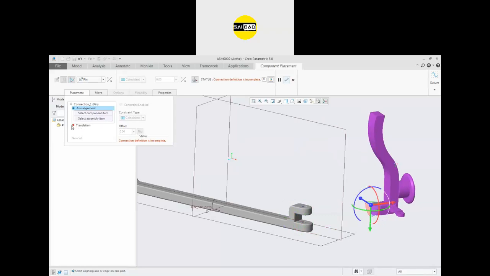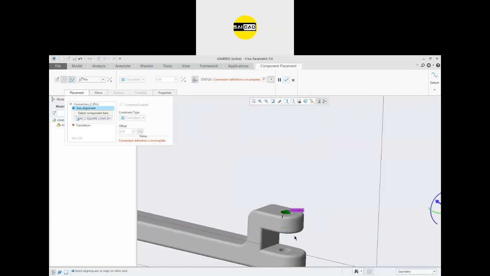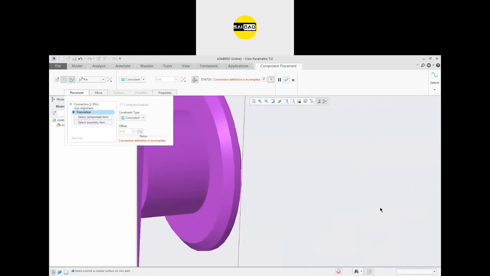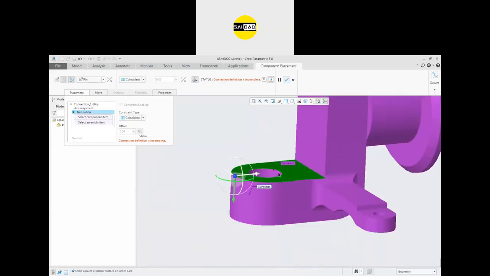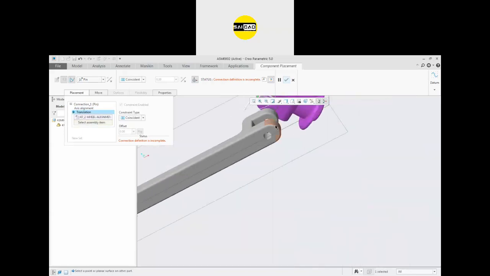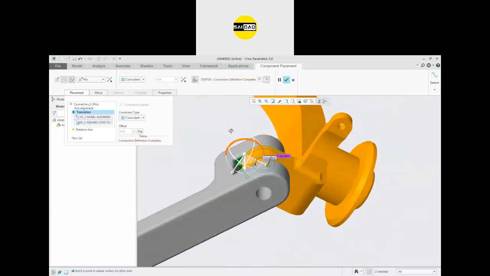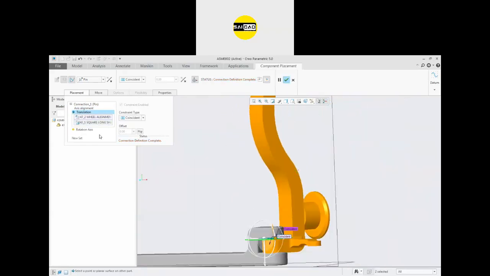After that, we have the translation with a red dot. This means you have to specify the red one from here, because this is the pin, so you need to specify two surfaces like that and control its motion. After that, we have a third component here, that is rotation axis, and that has a yellow color, meaning you can define it or you can leave it.